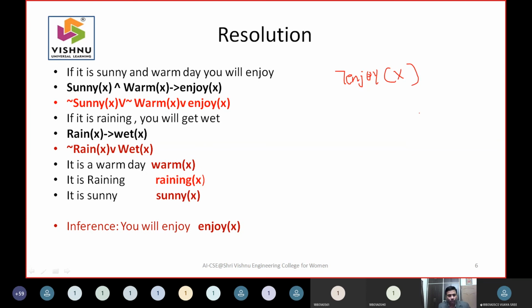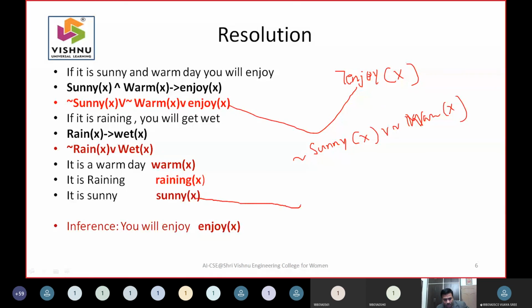Then whenever we have a negation, we try to have some statement without a negation. This was that. So if you combine both of them, I will get negation of sunny of x or negation of warm of x. So negation of sunny was there.